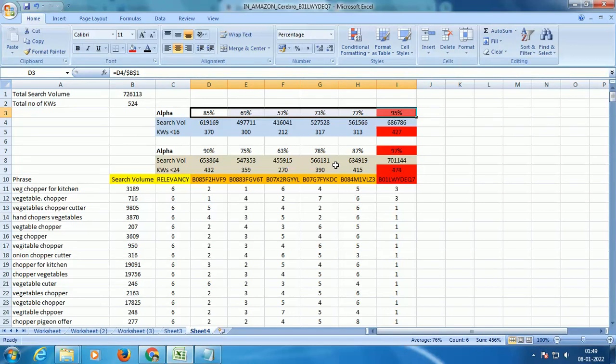Now, getting back to our topic, we are speaking about the master keyword research. Here are the keywords which are very important to me, and I also know who my alpha ASIN is. In our example we just picked 6 ASINs, and among those 6 ASINs, 3 are of the same brand. That is why you see this kind of percentage level.